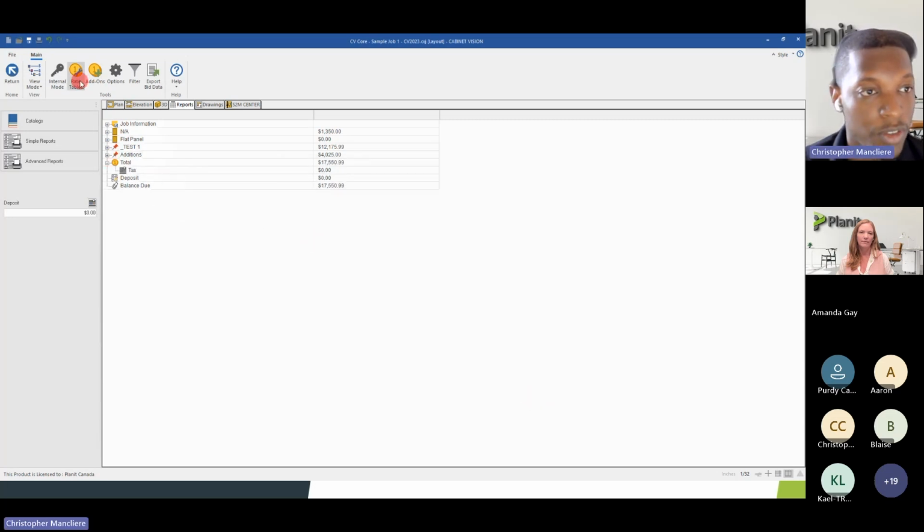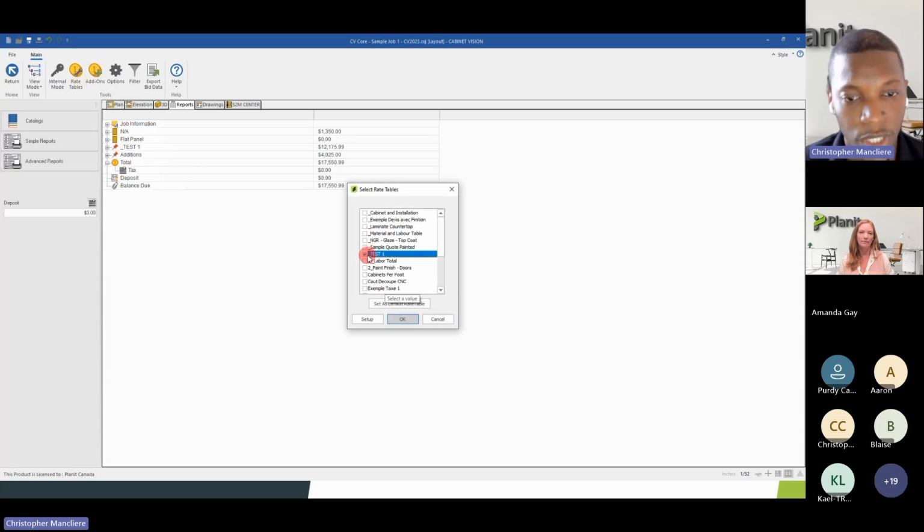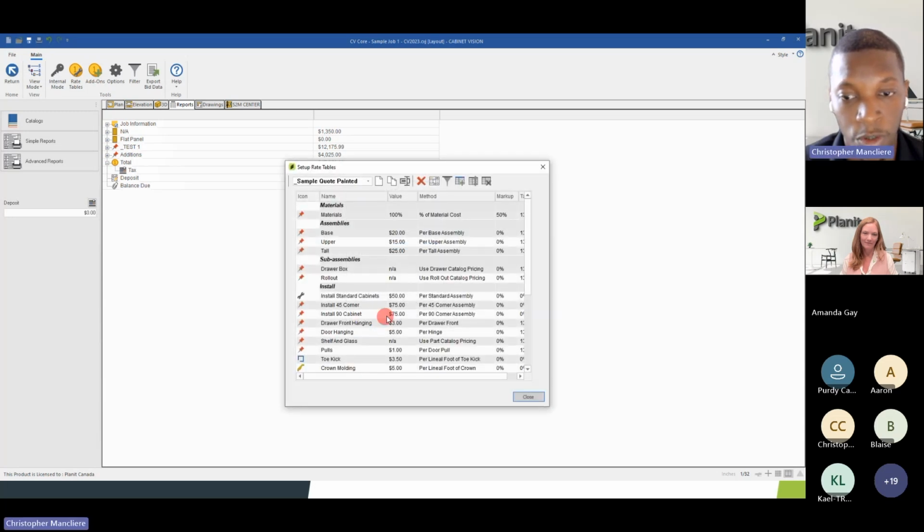So this was an example of starting from scratch. Now what I will do, I'll just unselect this rate table, and I have another one that I created before the presentation, and it was called sample coded painted. So if I go use that one, just one that has more